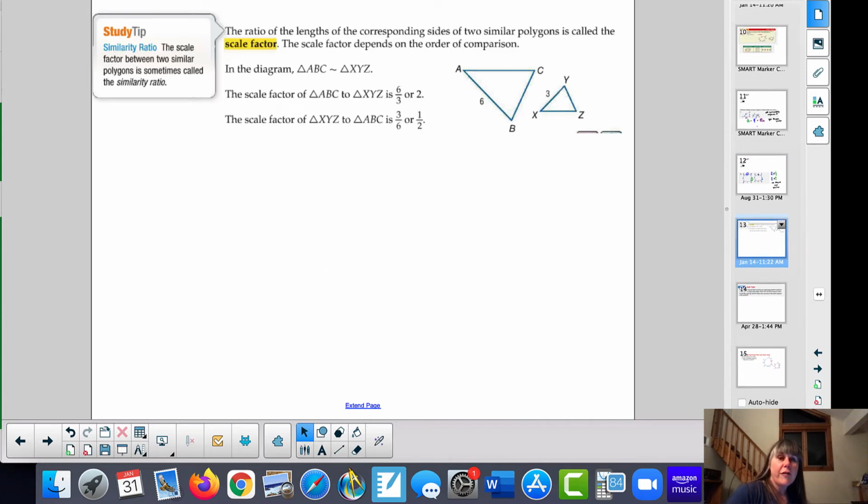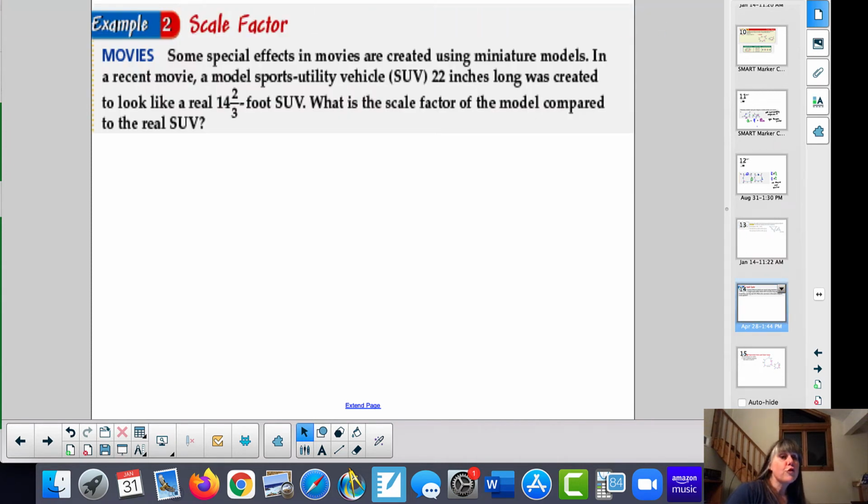When you're finding the scale factor, all you're doing is making ratios of corresponding sides between two similar figures. So we know these triangles are similar because they tell us. That's the similarity statement there. And so if we're doing ABC to XYZ, we're going to do 6 to 3. And if we're doing XYZ to ABC, we turn that around. Scale factors don't have units. So in this particular problem, we do have to have the same units in order for those units to cancel out. And also, we see that they're asking for the scale factor of the model compared to the real